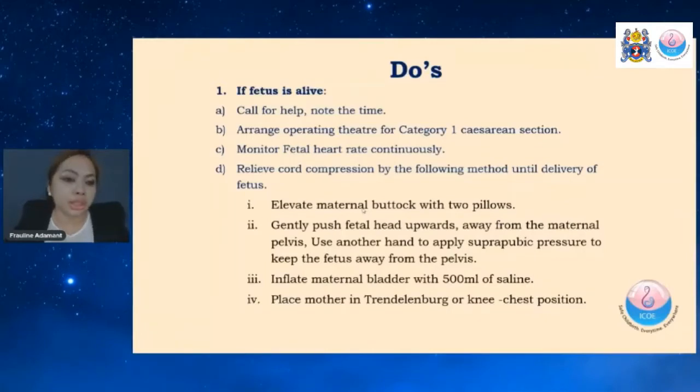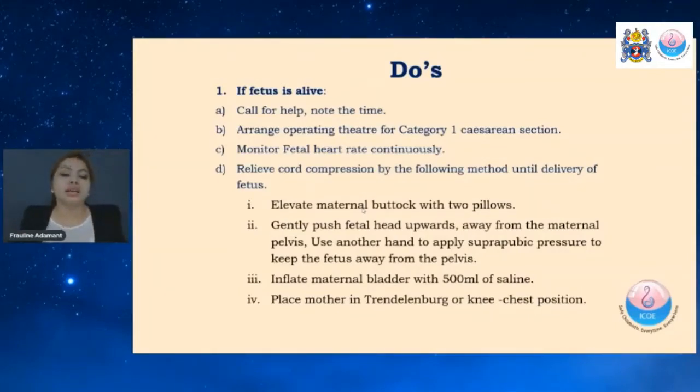Continue to monitor the fetal heart rate, and try to relieve the cord compression by the following methods until delivery of the fetus: elevate the maternal buttocks with 2 pillows, gently push the fetal head upwards away from the maternal pelvis, or use your other hand to apply suprapubic pressure to keep the fetus away from the pelvis,